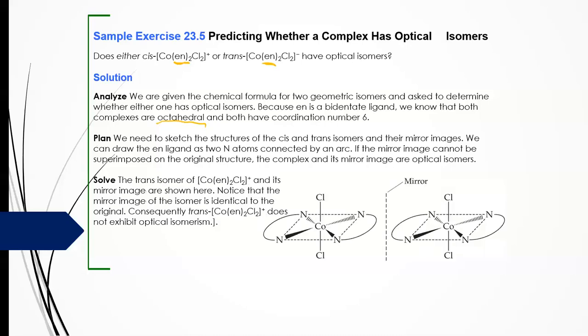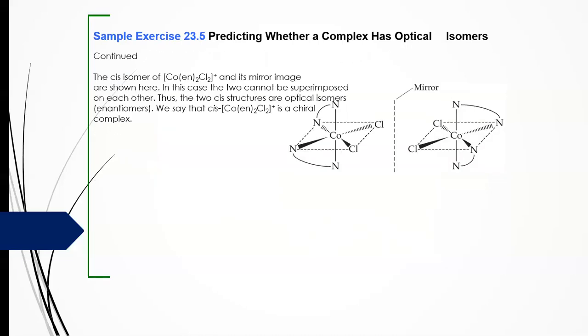So our trans isomer looks like this with our chlorines on opposite sides. We can see the connection between the en ligands. You can see that when we do the mirror image of it, they should superimpose. And so that means that our trans one is not optically active. When we draw our cis one, something that looks like this, where our chlorines are next to each other,